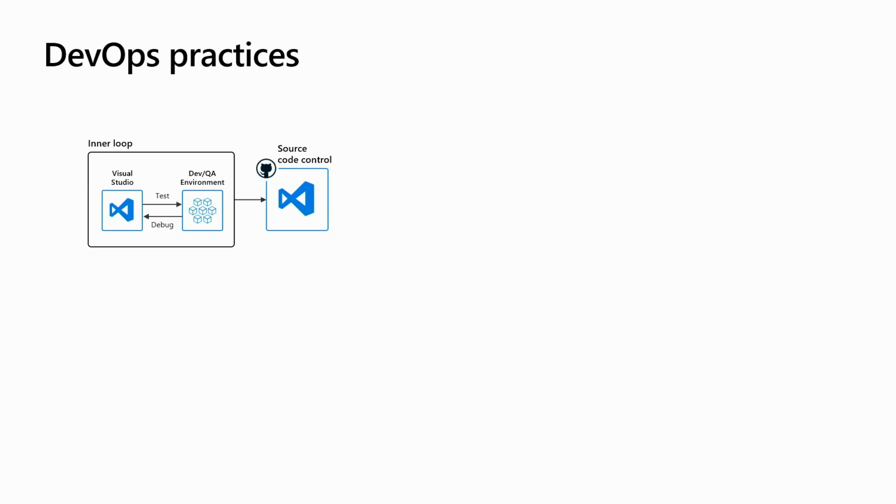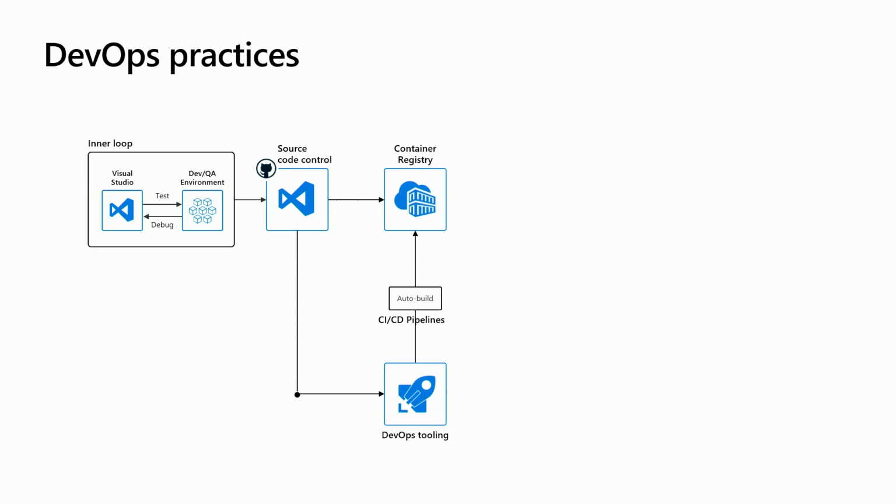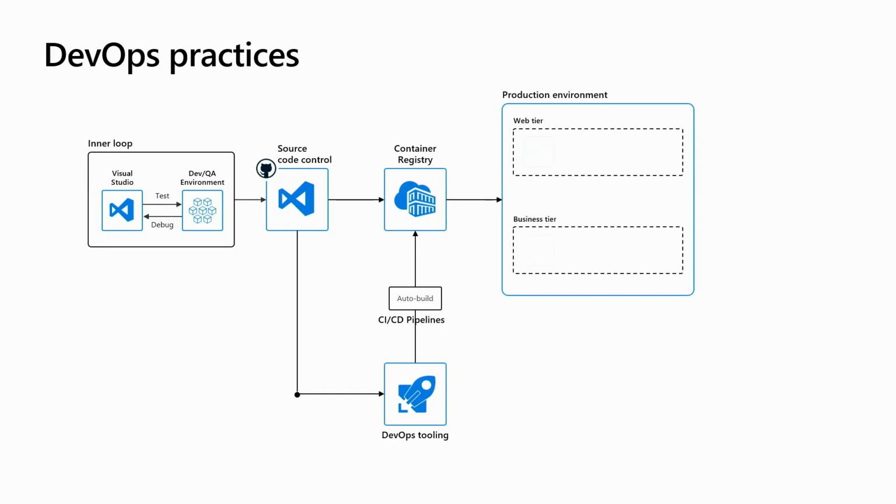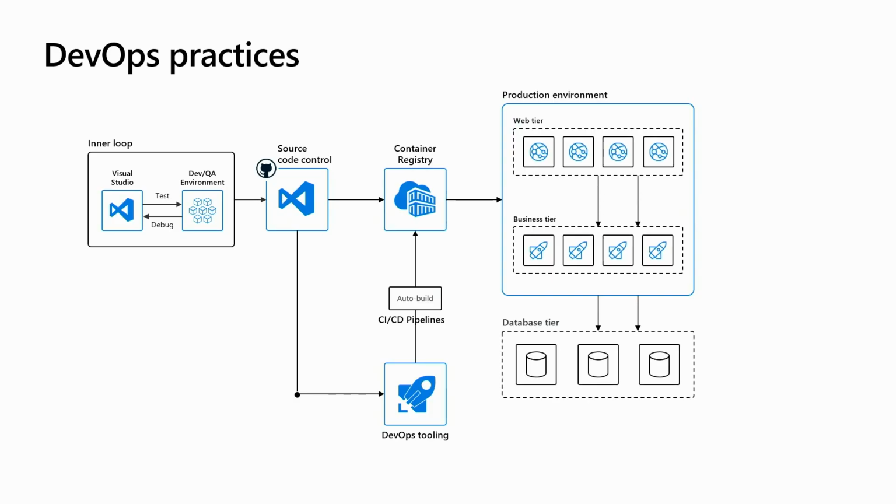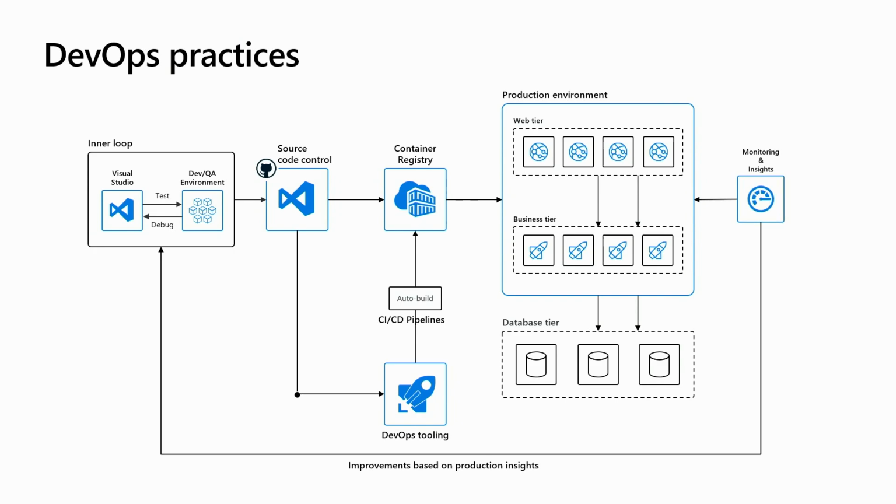But they are developing applications. They have their own environment, they open Visual Studio. That application sits in a source control like Azure DevOps or GitHub. Then you have your DevOps pipelines that will automatically build the application, all the assets, everything the application needs to run, and store that in a repository like a container registry, to then be deployed in your production or test environment, validate that everything works, deploy to production, connect to your database, and so on and so on. Of course, we also monitor, and based on those insights, we provide feedback to the developer, they enhance the application, and we start the cycle all over again.